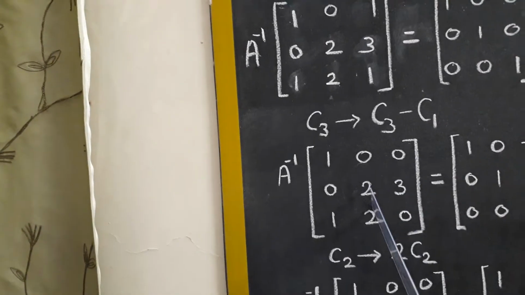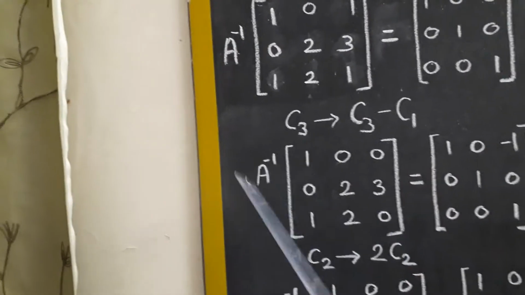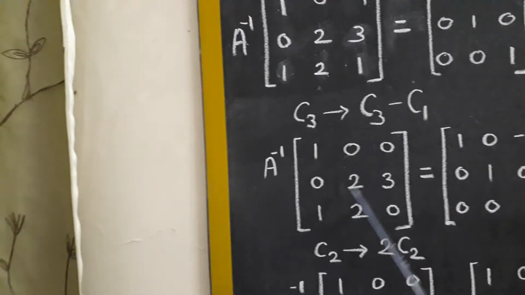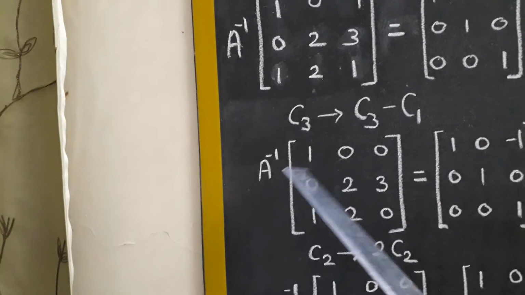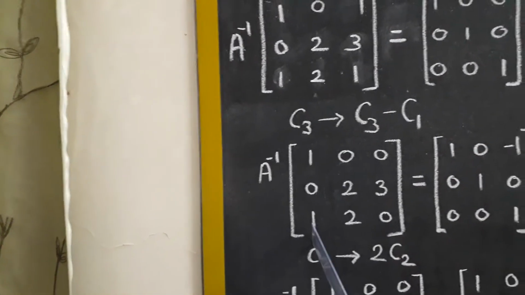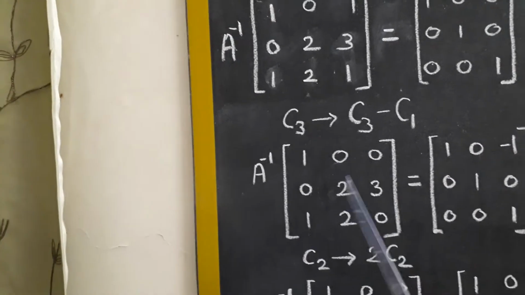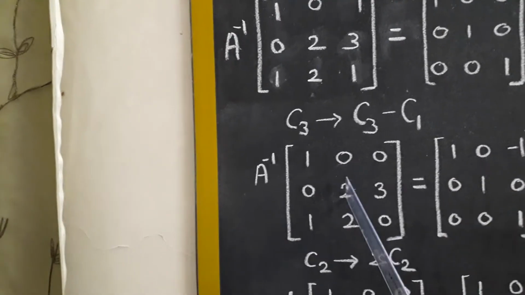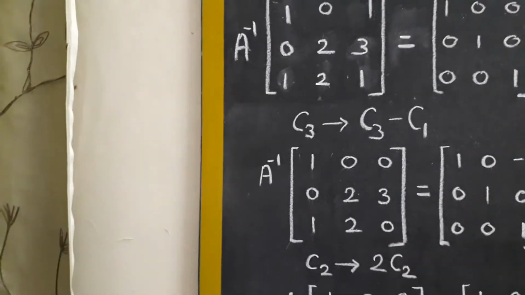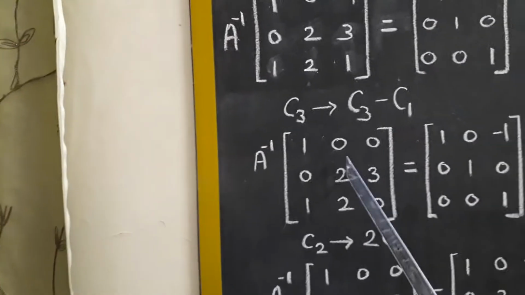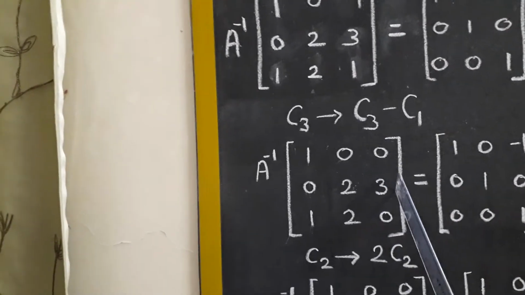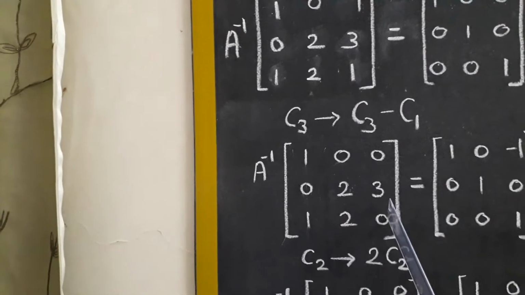Now we go to the second row. To complete the second row, first we will bring the 1 here, and for that, since the first row is complete, ignore the first column to convert this number into 1. So we will not make use of this first column. So obviously, to get 1 here, we will make use of the third column, only the third column.